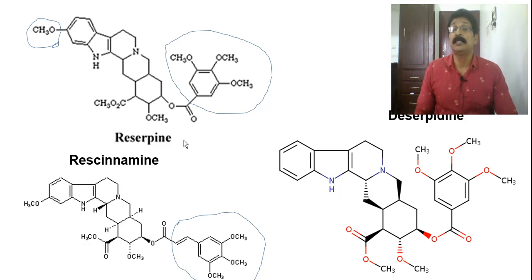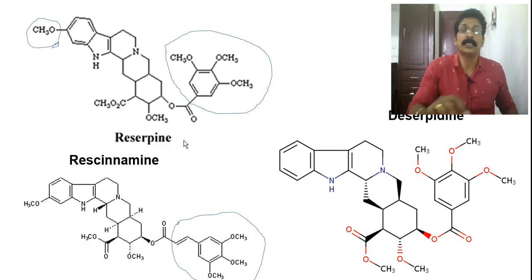You can see that in deserpidine it is, and reserpine and rescinnamine. So rescinnamine and reserpine, there is not much difference. If you see the structure, it is similar, only up to this structure. The only thing is the side chain, which you can see has a carbonyl group, C double bond O, and then the substituent of methyl dimethoxy, that means